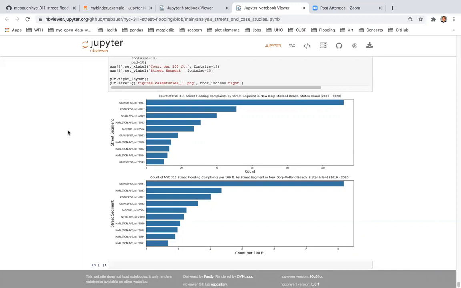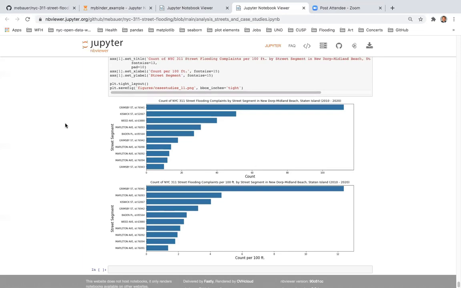Yeah, well, first, thank you for those kind words. I think that, again, I was just exploring this data set, looking into whether these streets really experience chronic street flooding, testing out some of these assumptions, and I would say ground truthing some of these figures, especially Grimsby Street, Staten Island.